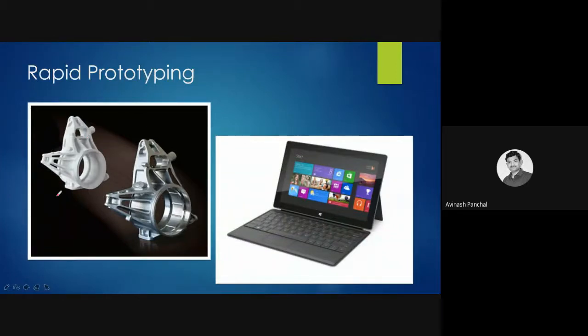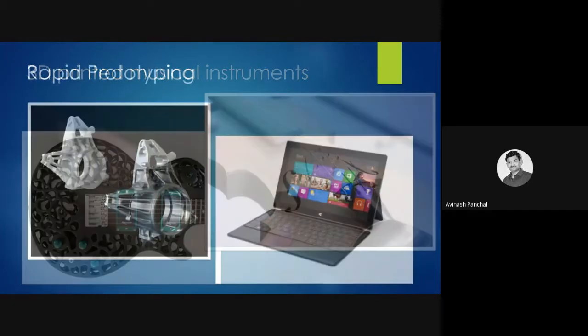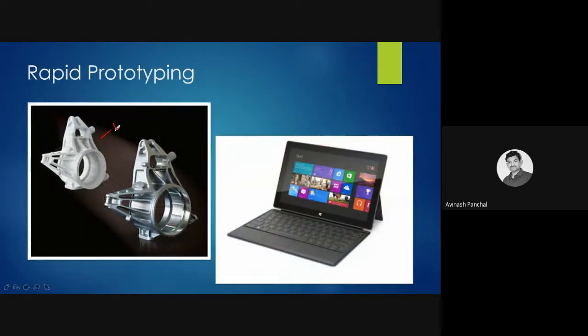This is your 3D printed part. And from this part we can make a prototype very fast, because we have this rapidly made model or mold for creating the prototype.